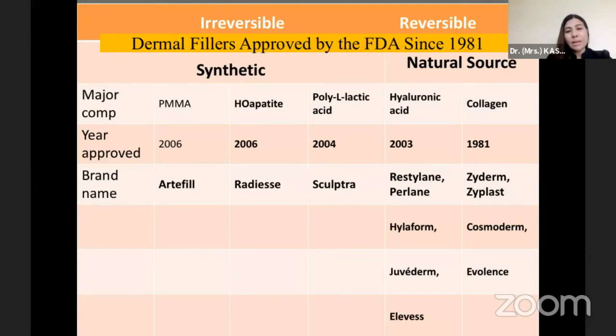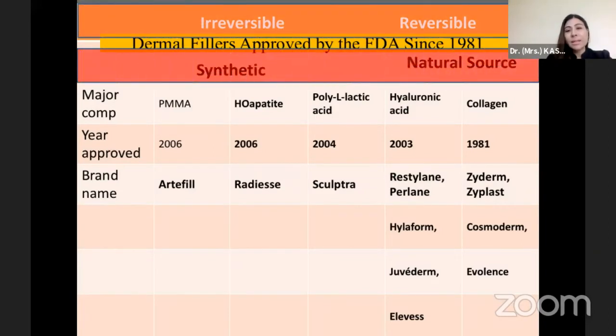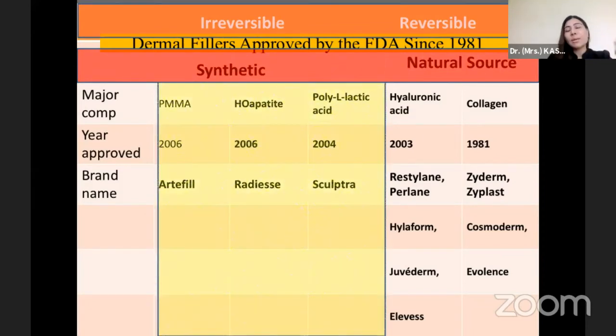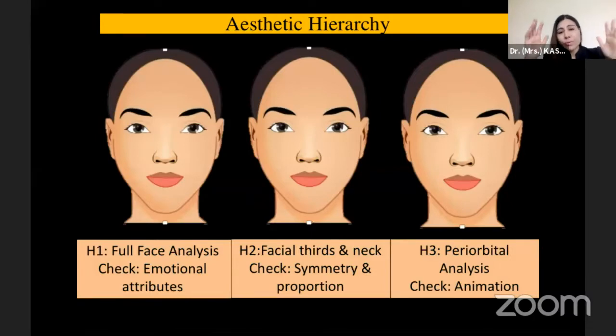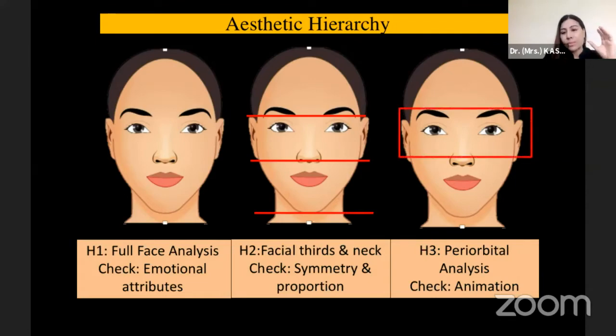So this filler can be irreversible, reversible, synthetic, or natural, but I am more comfortable with the natural source, and most important being hyaluronic acid. Whenever we try for any aesthetic procedure in the face, be it a surgery or any injectable procedure, we need to assess the face in a hierarchical pattern. The first one is a full face analysis, which Preeti has already mentioned, with the emotional attributes. The second, we need to analyze the face on the basis of the 3/3. And the third is more important when you target the specific area, the most dynamic part, that is the periorbital and